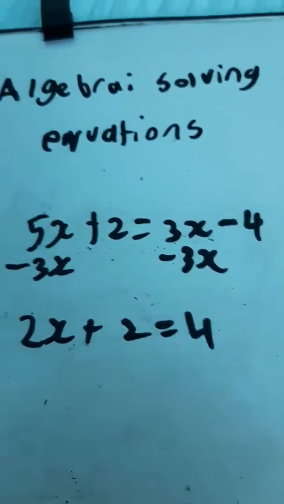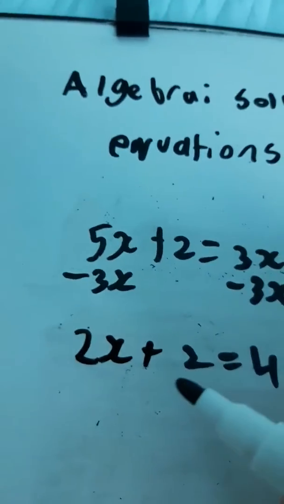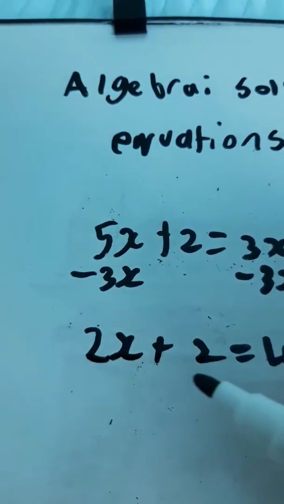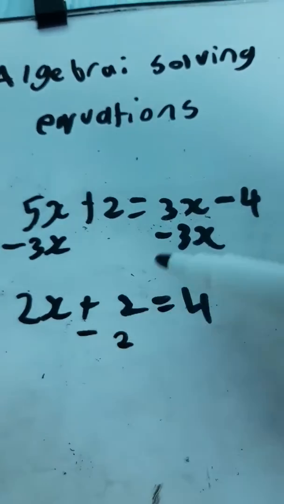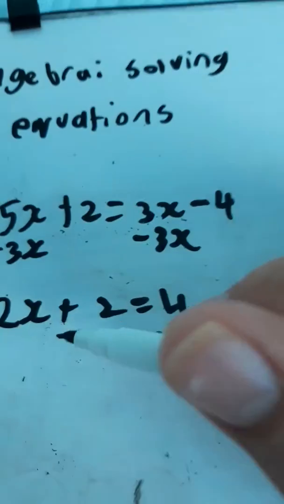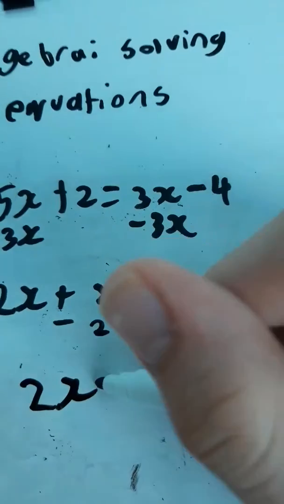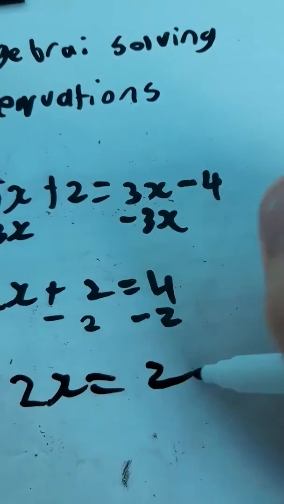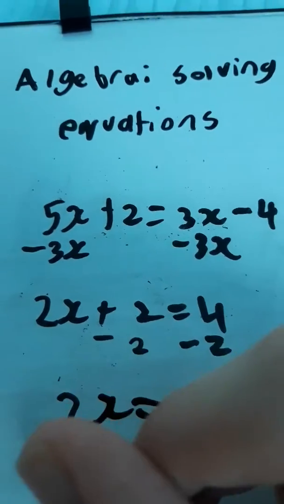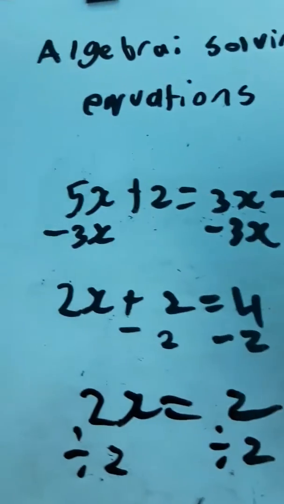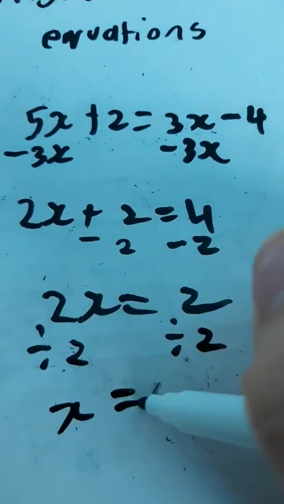So now you can go ahead and solve the equation. 2x plus 2 equals 4. So you want to get rid of the plus 2. So instead of adding 2, you want to take away 2 from both sides of the equation. So 2 take away 2 would just leave you with 2x, since that equals 0. 4 take away 2 is 2. Now you want to get rid of the 2 beside x, so you'd have to divide by 2. So now you'd be left with x equals 1, which is your